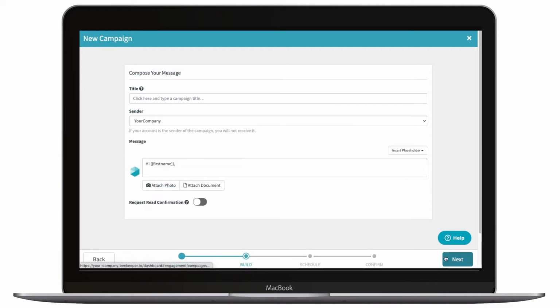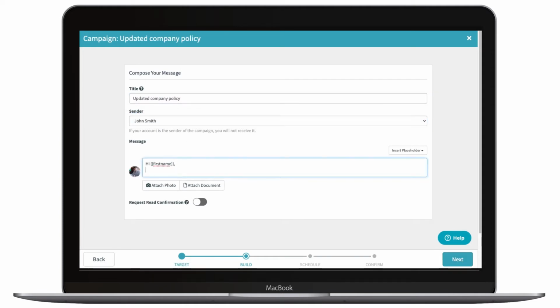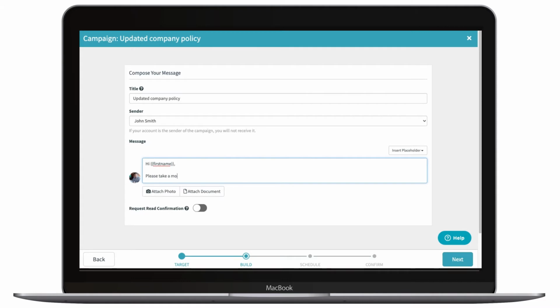Click Next. Write a title, choose the sender of the campaign and write your message. Use the first name placeholder so your colleagues will receive a personalised message. If you like, you can request a read confirmation, so your colleagues will be asked to confirm that they've read